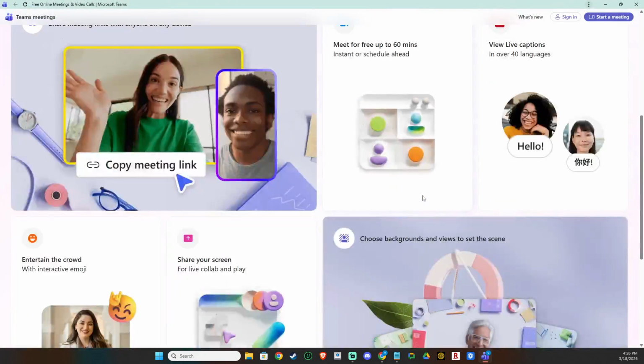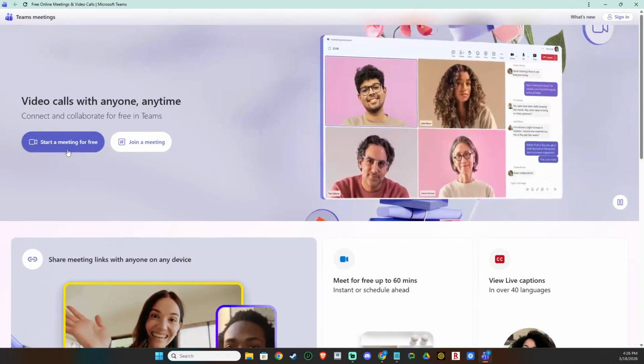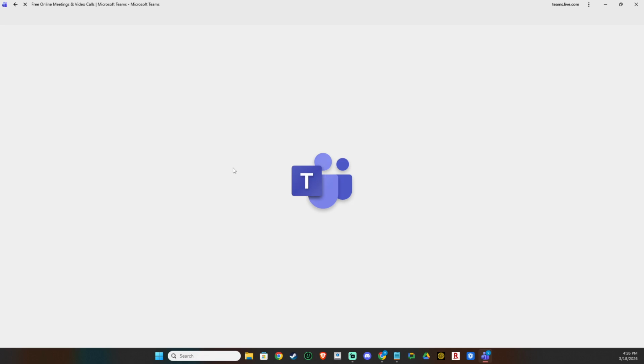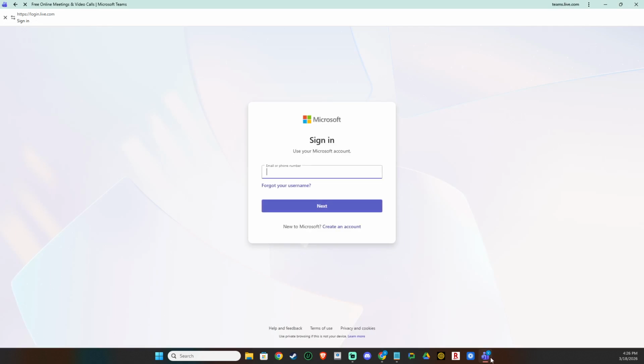From here, you can keep Teams open just like any other app. The installed version will typically appear in your operating system's app list and can be pinned to your taskbar or dock later if you want faster access. Because this is powered by your browser, it updates automatically as the site updates, so there's nothing extra to maintain.